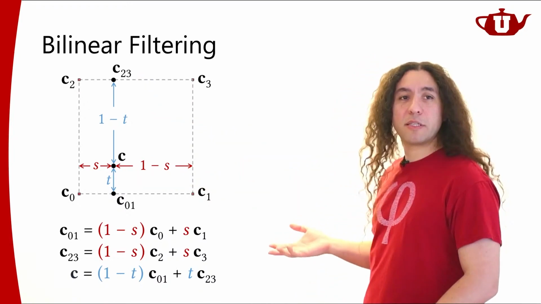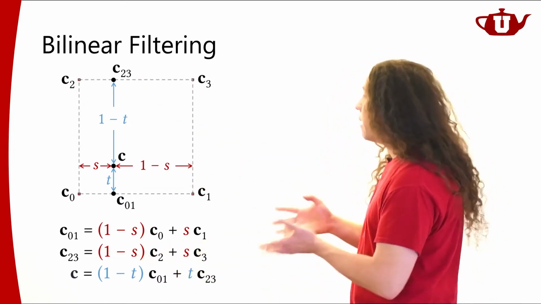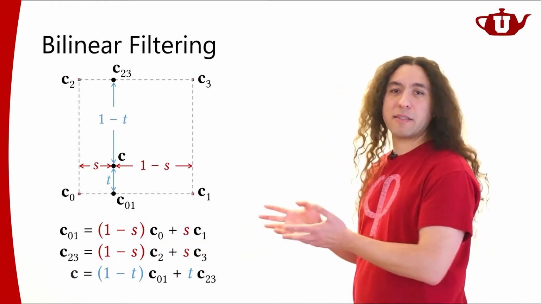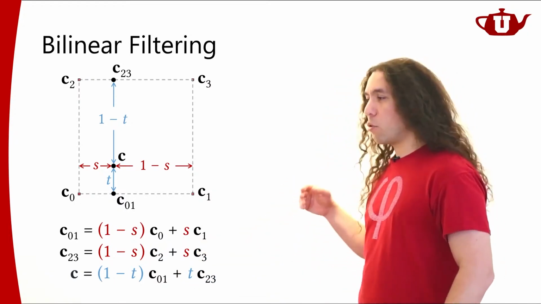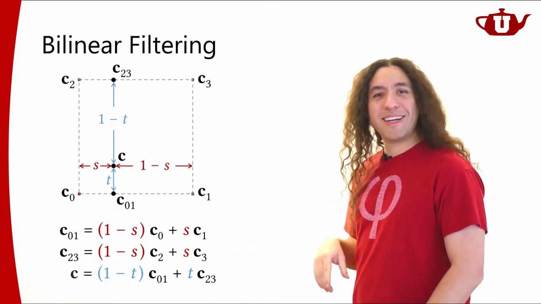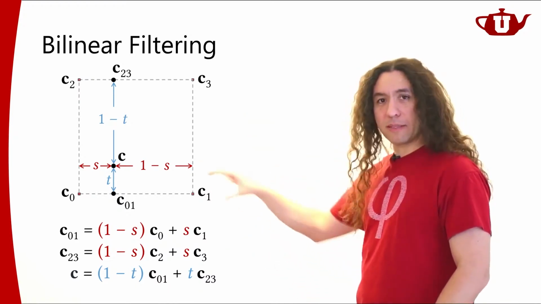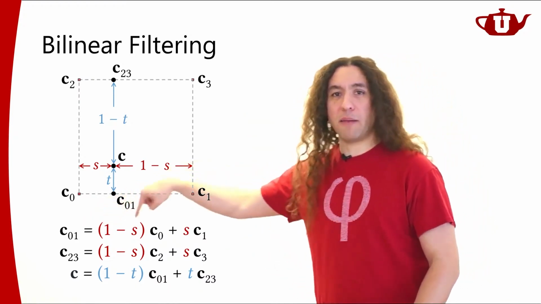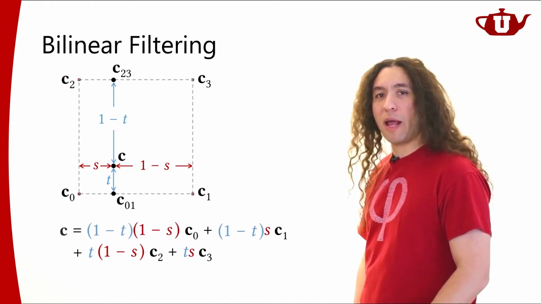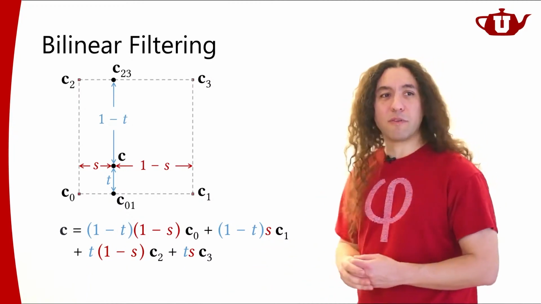Okay, linear interpolation, and in the end, I got my value here. Of course, I don't have to do this as 3 linear interpolations like this. I can just combine all of this into a single bilinear interpolation, and that's going to be just one formula for everything. Basically, just take these and put them in the equation over here, and it will look like this, right? So this is the bilinear interpolation formula.